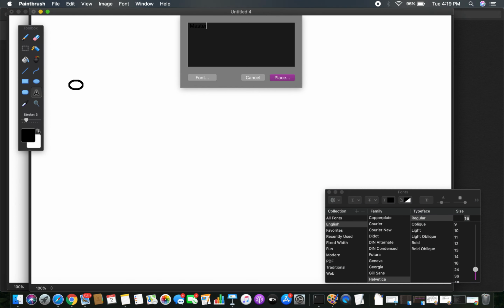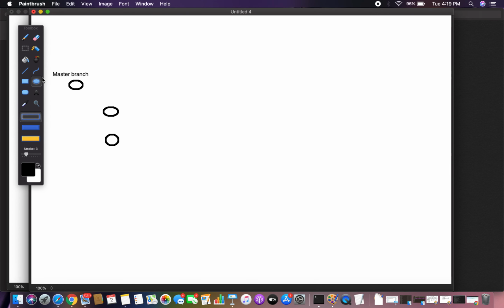Let's take a master branch, and here we are going to deal with multiple branches. Assume this is the master branch base. From this particular branch, I'm going to create feature branches, more than one.